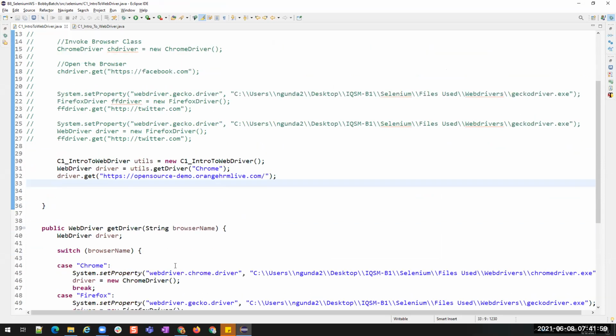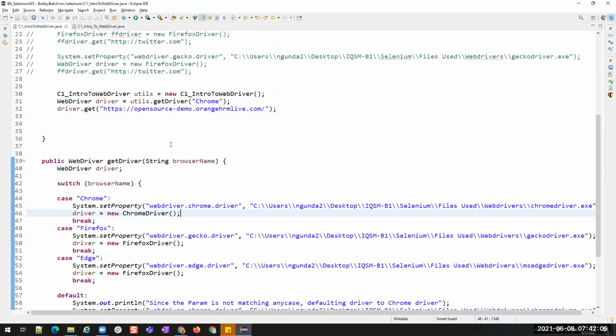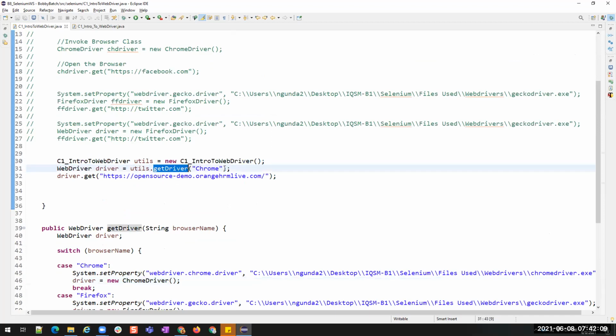Now we see this. Every time we are invoking a browser, we are not going to write these lines of code. We are just going to that particular class where this getDriver method is present and getting that method. So this is going to return a driver, doing all the things that are needed: setting the system properties and then invoking that browser class or the browser exe file.